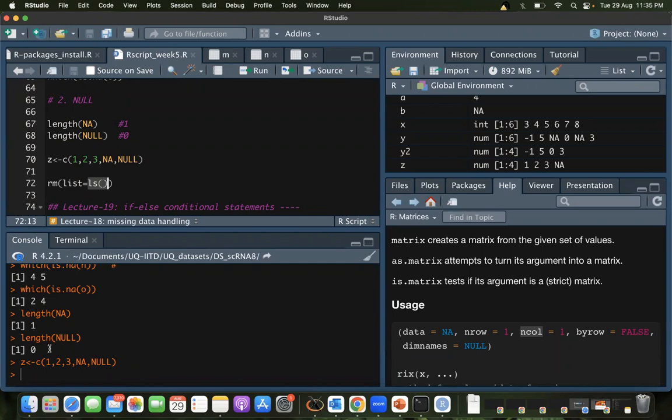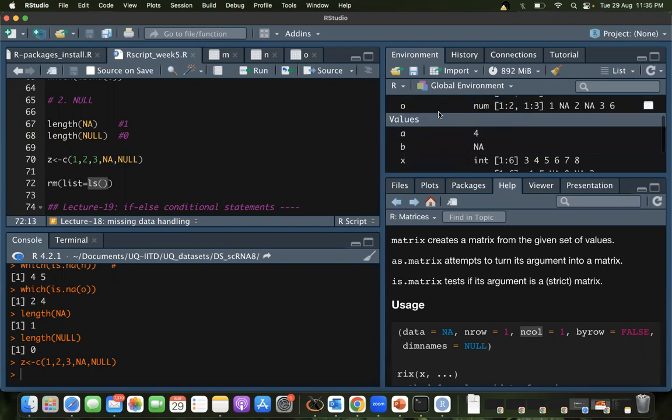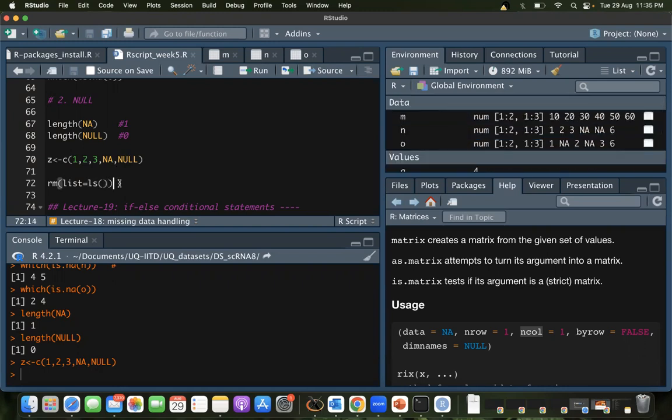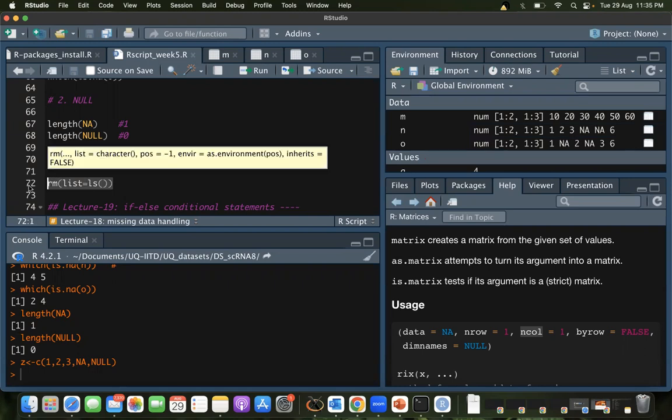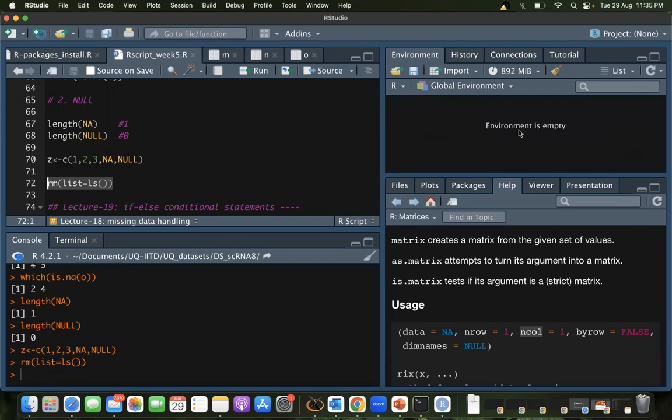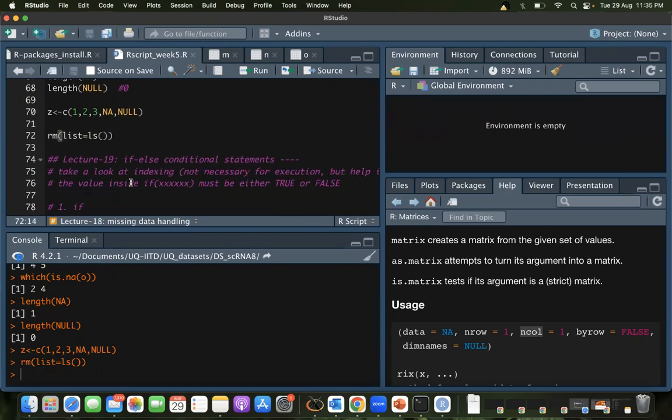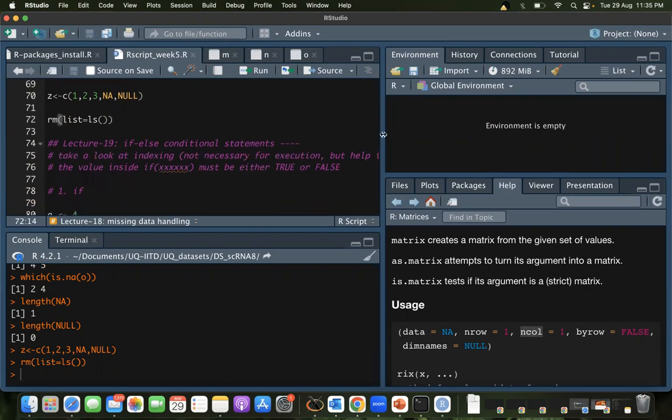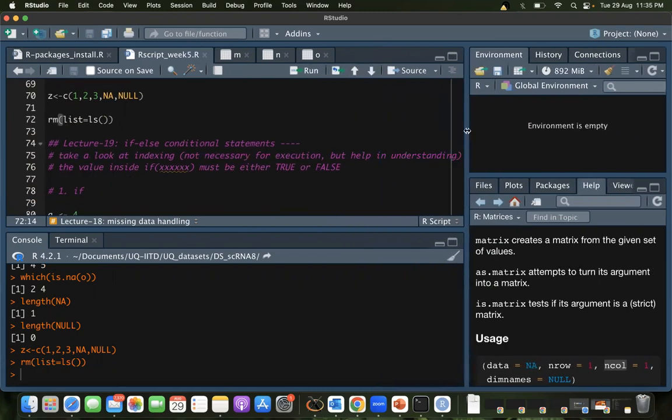Listing what? ls is going to list everything, all the variables that are there in your environment here. So what I'm saying is, remove everything. If I run this, the environment is empty. I just emptied it because now we are starting the next part, so we'll be making new variables now.